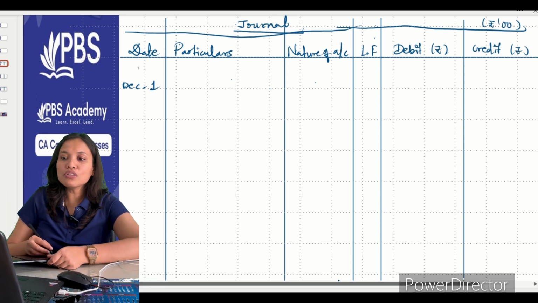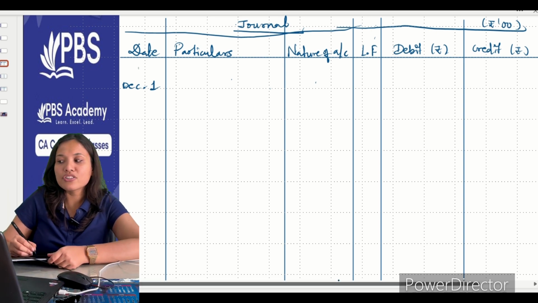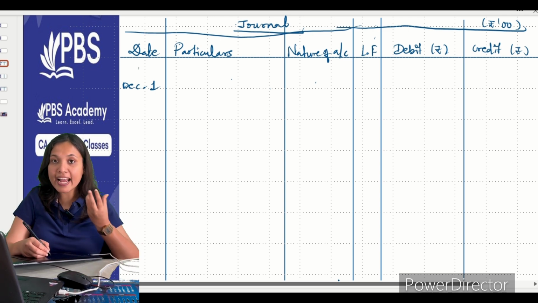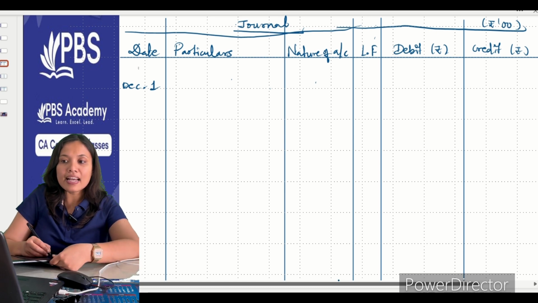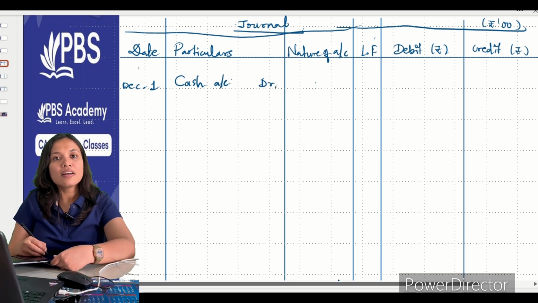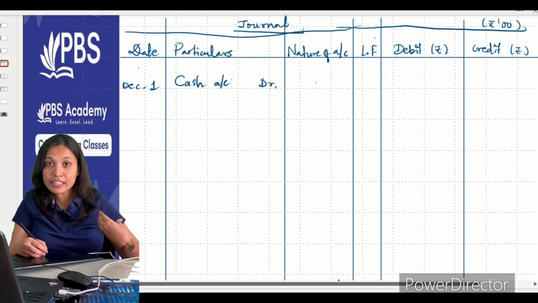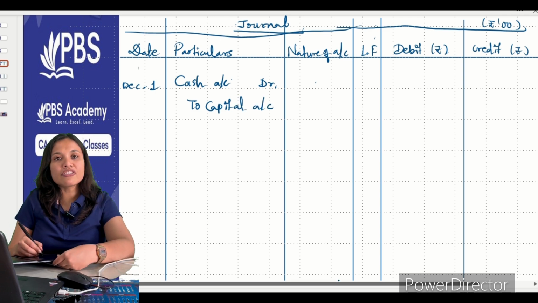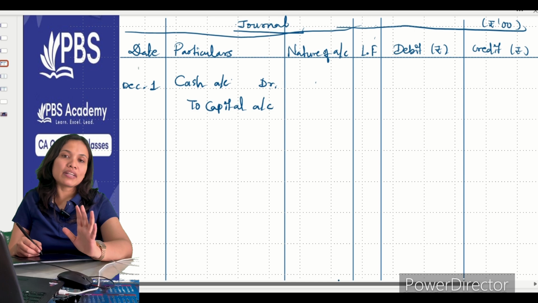Okay, so now what is happening here? Actually, there are two accounts involved. One is cash is coming into your business. Anything what comes in or cash increases in your business. Cash is an asset. If it increases, then I'll write it on the debit side. Cash account debit. Correct? Now, capital, my liability also increasing. So, to whom should I give this? This is capital to the owner, and hence I will write it as capital. So, my first entry is cash account debit to capital account.